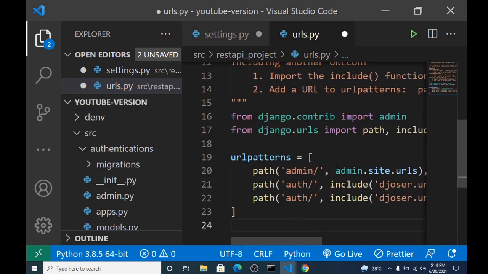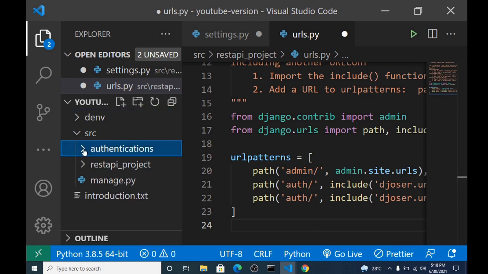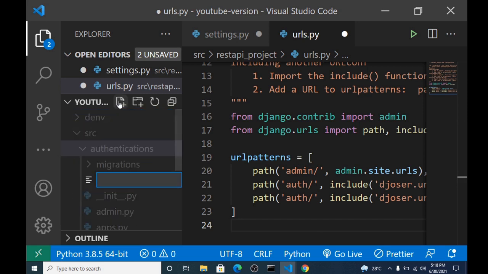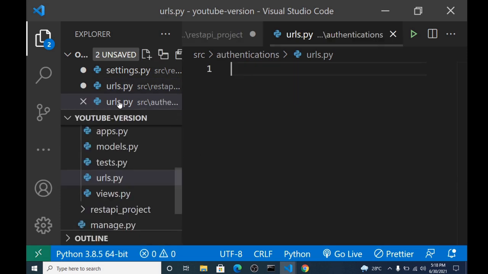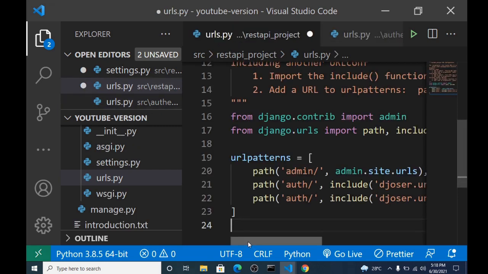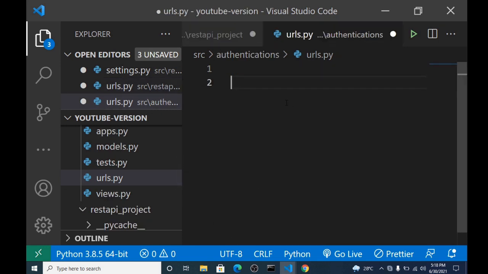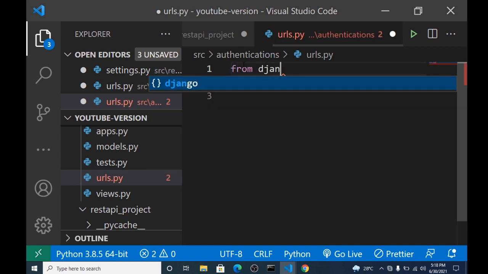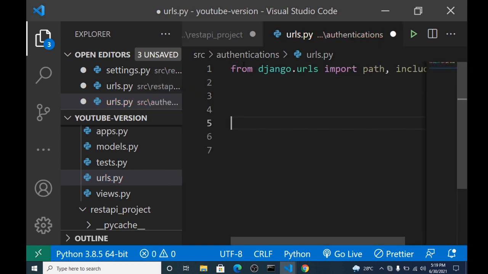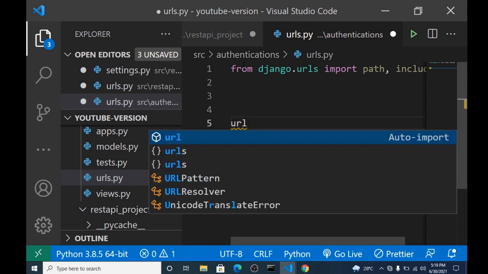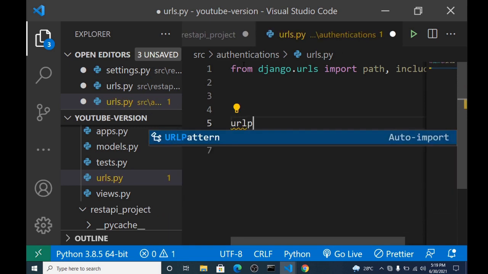To actually clean up our URLs in our authentication app, we can just create a urls.py file. We simply bring in these two URLs here, cut them out from here and bring them into our app URL file. So we need to quickly set up here, just say from django.urls, and in here we can set up a URL pattern